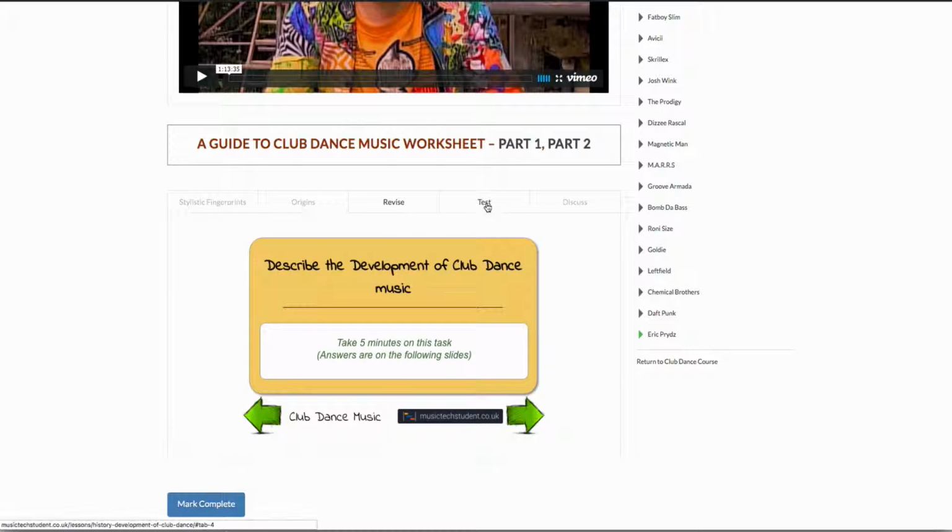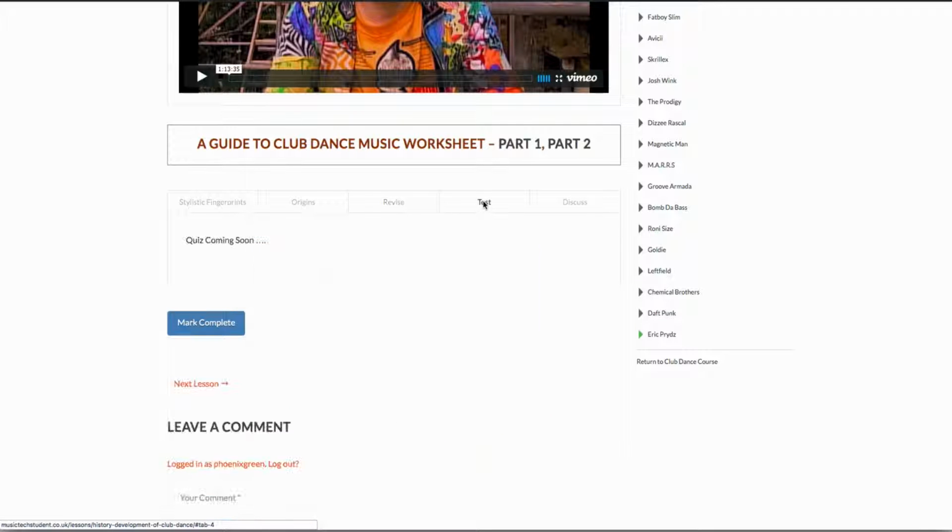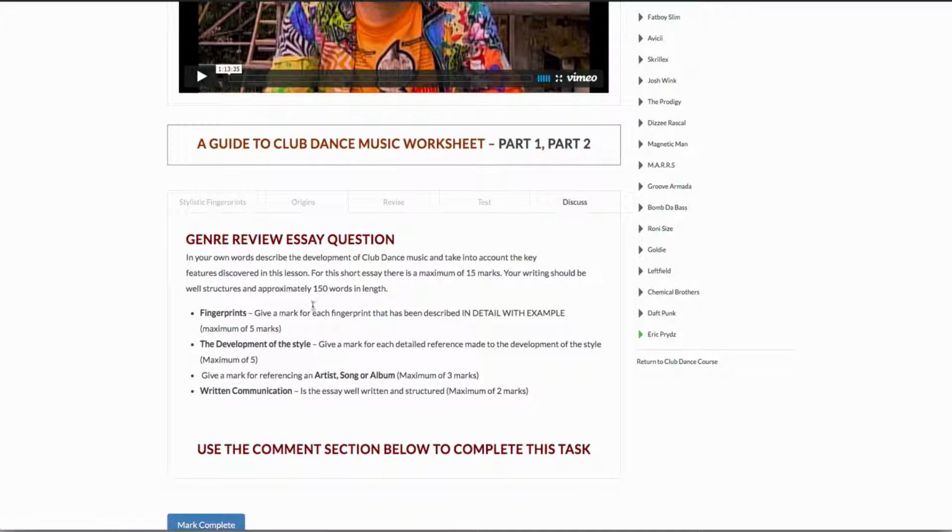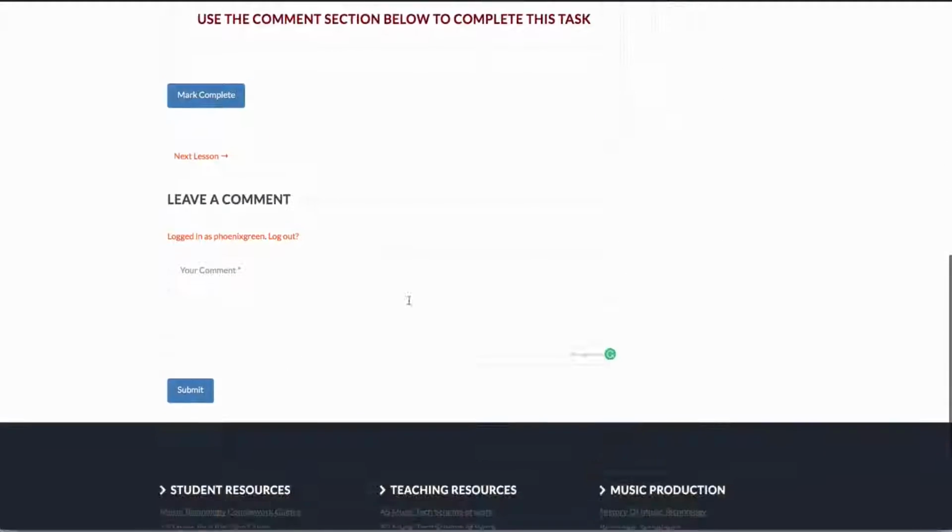The next thing, once again, the test isn't finished. Once you've gone through the revision and you've written your notes and you've watched the documentary, then you'd come onto the test section and you'd write your test out and you'd complete your test and find out how well you did. Then the brilliant part of this, you click on the discussion, you answer the discussion in this box below,